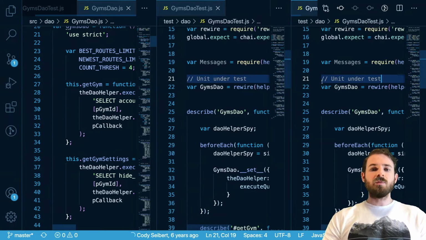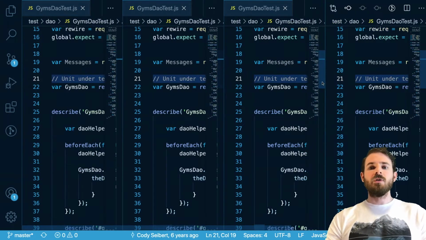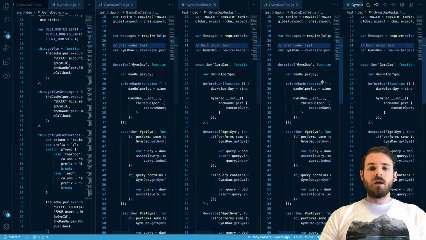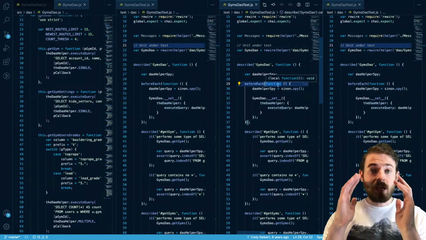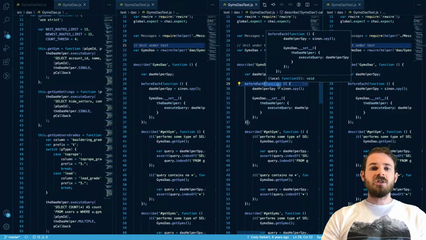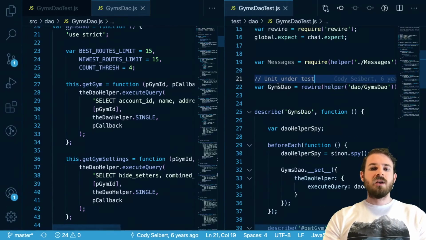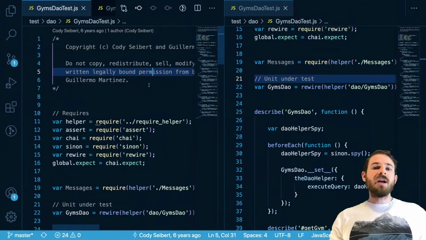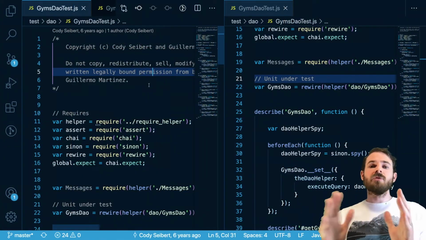So again, you can split as many times as you want, but I don't know how useful that is when you have 4 tabs open. You might have to zoom out really far, which, for someone like me whose eyes aren't the best, I like to have maybe 2 tabs open at max and a nice zoom level so I can actually see what I'm doing. So hotkey number 10, this is the final one, but it's really important,